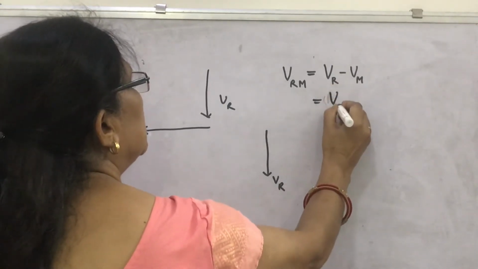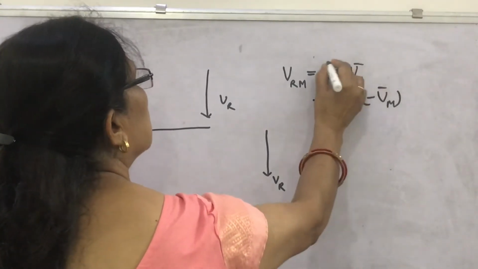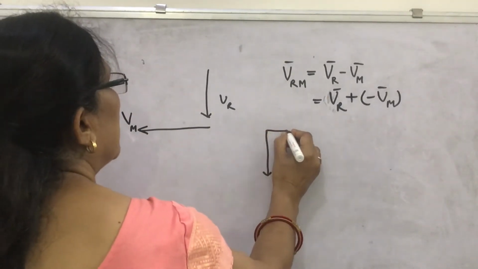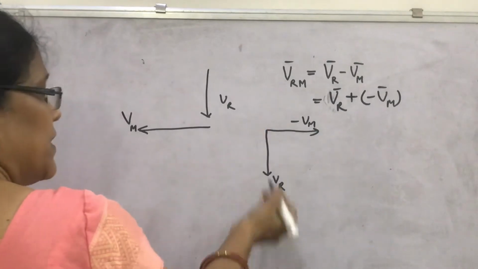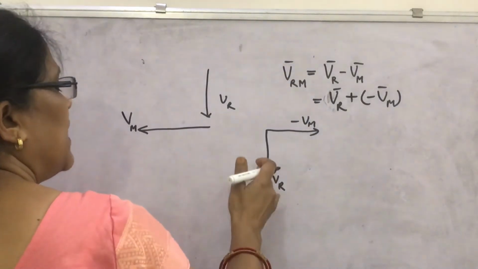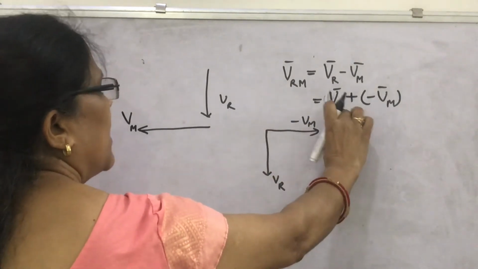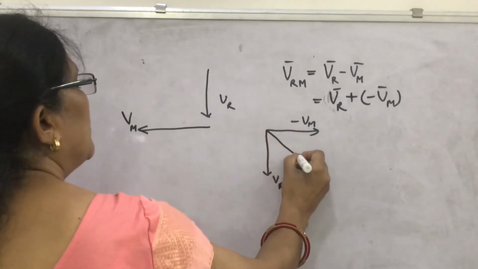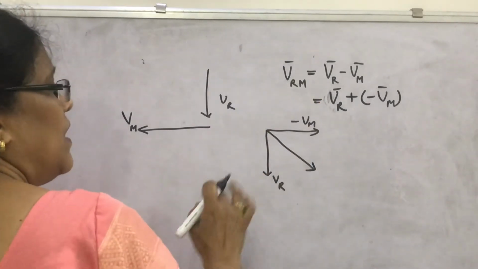You can write subtraction of vectors as, subtraction is nothing but addition. So the same thing can be written as VR plus minus Vm with the vectors. So this is VR, this is Vm. What will be Vm? You draw the same vector in the opposite direction. This will be minus Vm. And what can you find here? If you draw the vectors in the x and y axis, taking the magnitude, and this is minus j, here is i, you can find the velocity vector. Now the resultant of these two vectors, the relative velocity of rain with respect to man, how have you got it?